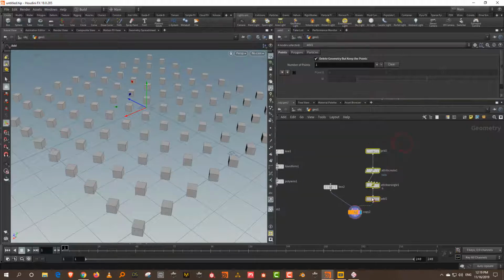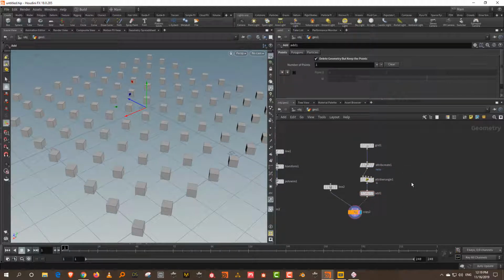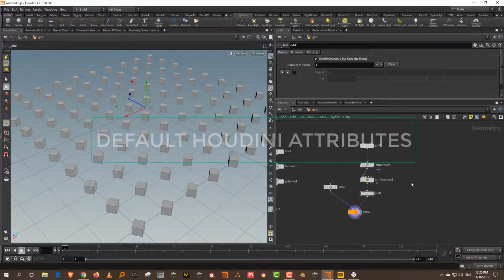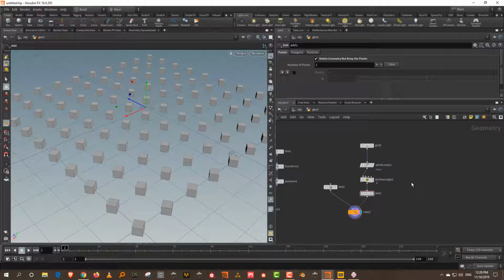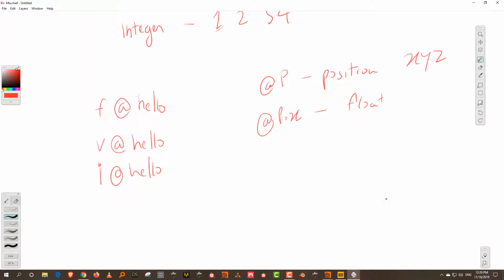Now, along with this, Houdini also gives you a whole bunch of ready-made attributes. And one of the really common attributes that allow you to control copies is something called pscale.